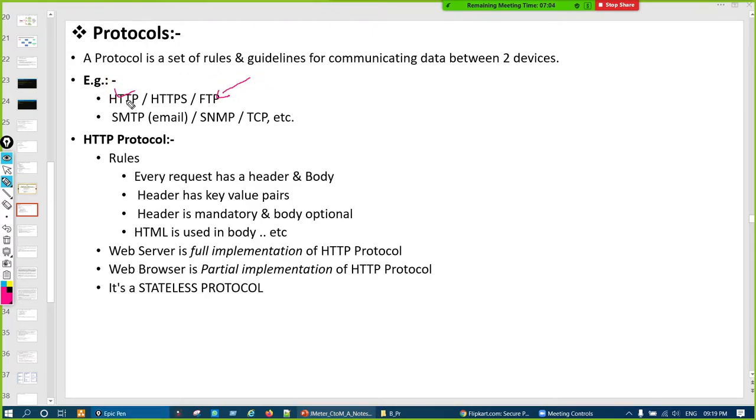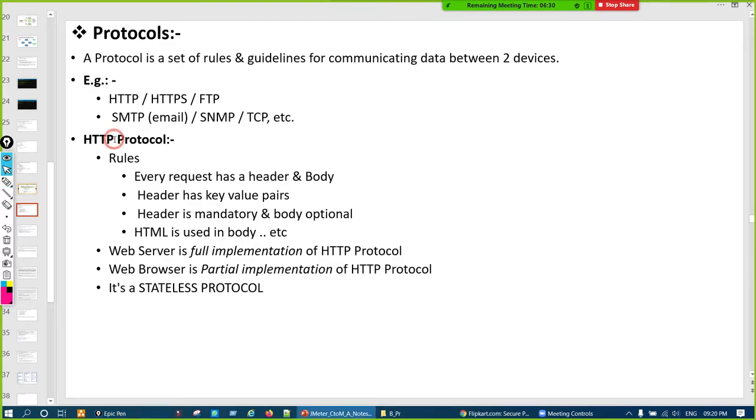The full form of HTTP is hypertext transfer protocol, and the S is for secure. FTP is file transfer protocol. SMTP is simple mail transfer protocol. TCP, I forgot, transport something is there. And SNMP is there. So this is a small list of protocols, but more protocols are there.